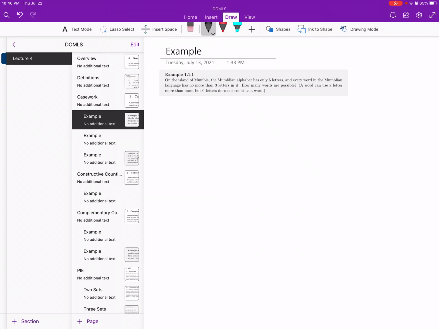So on the island of Mumble, the Mumblean alphabet has only 5 letters, and every word in the Mumblean language has no more than 3 letters in it. How many words are possible? So here we're just going to use the multiplication principle. So we want to choose words, but words choosing is, we do that with the multiplication principle, but there's another problem